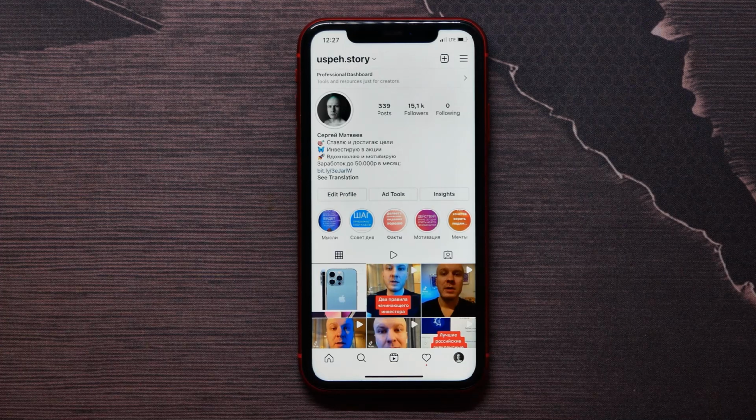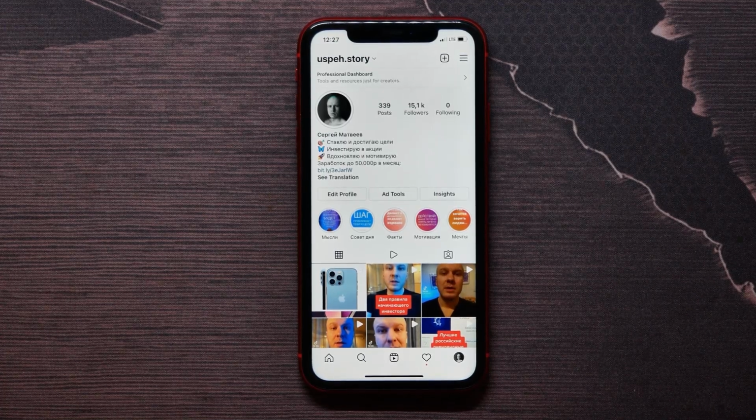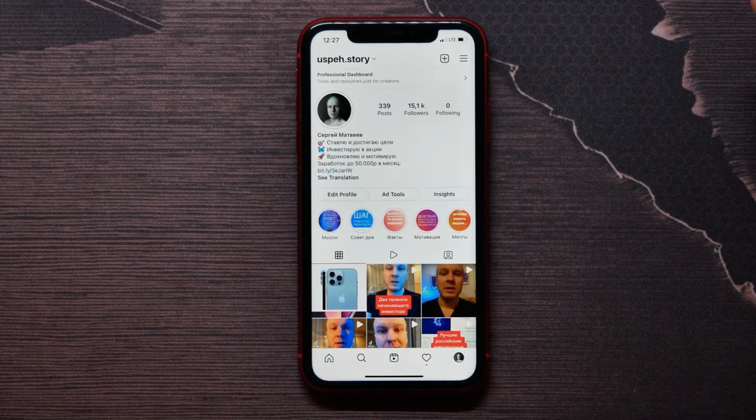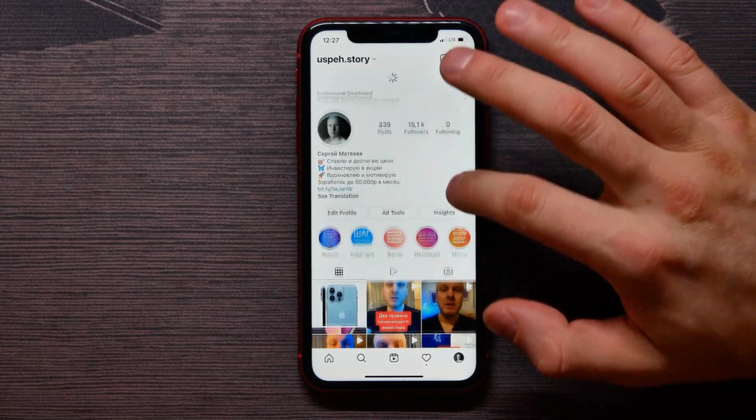In this video I'm going to show you how to recover deleted Instagram stories, and that's very simple and easy. So let's begin. First you need to open up your Instagram, and once you open it you need to open